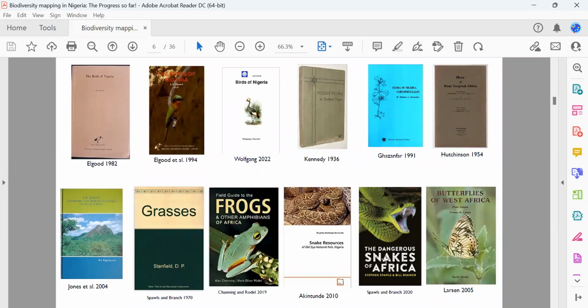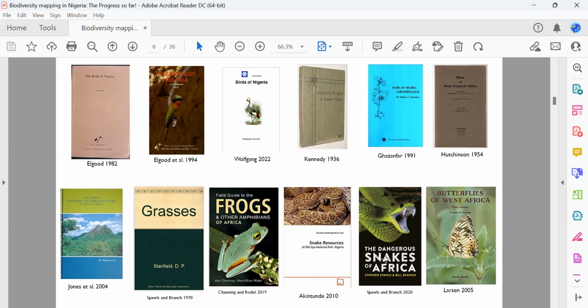So these are some of the documented accounts of the biodiversity in Nigeria. Top left, we can see the Birds of Nigeria by Elgood, 1982. Then there is an updated version, 1994. And recently there is Birds of Nigeria by Wolfgang. And for the forest flora, we have Kennedy, 1936. We have Gazanfar, 1991, in the case of flora of Nigeria with specific reference to a particular